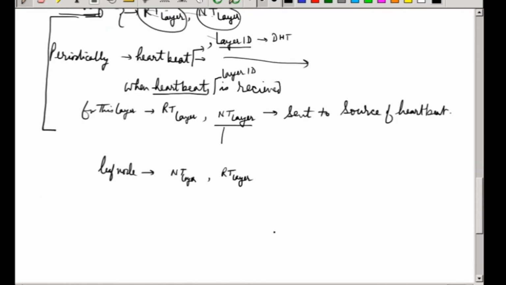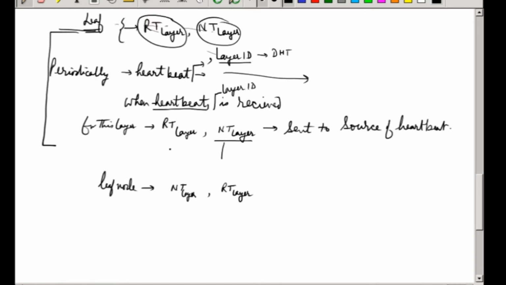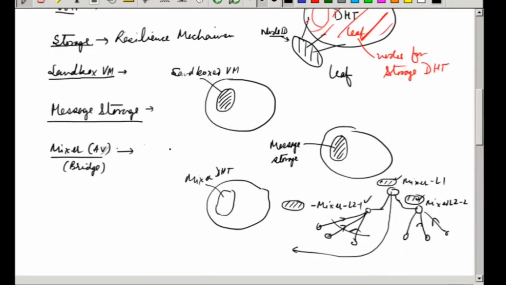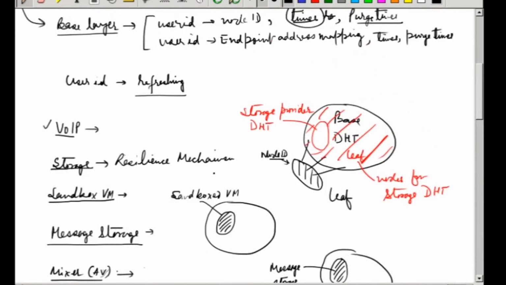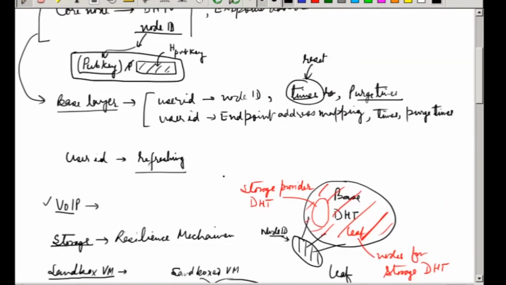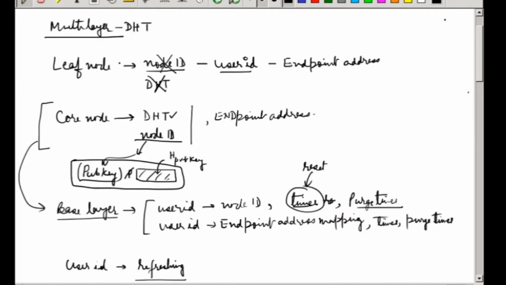If there are very few nodes, there will be very few routing table entries, and you will keep those. Now the routing table essentially depends on your node ID. When you are a leaf node in a layer, it is okay because you have a node ID and you have to keep it. But I have told that a leaf node in the base layer may choose not to have a node ID because they don't require it. If they choose to keep it, it is going to be there, but it cannot be used for routing. So this entry should not exist in any routing table.